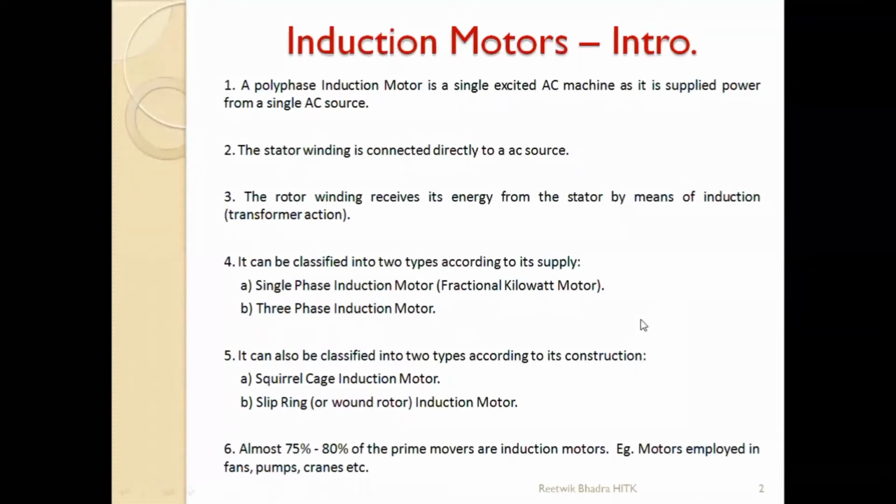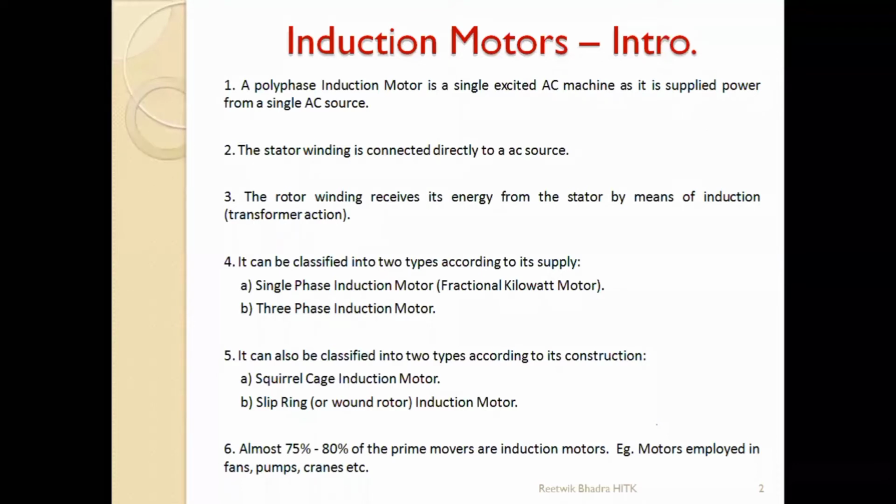Now I have written some very important points about the induction motor which you should know preliminarily. I'll tell you one by one. What is a basic motor? As you studied in the DC motor, or if you think about a motor in general, it should have a static part, meaning a stationary part, and it should have a rotational part. The stator, or the static or stationary part, whatever you call it, or the field, was your magnets, and the rotating part consisted of armature conductors, rotating in the magnetic field.